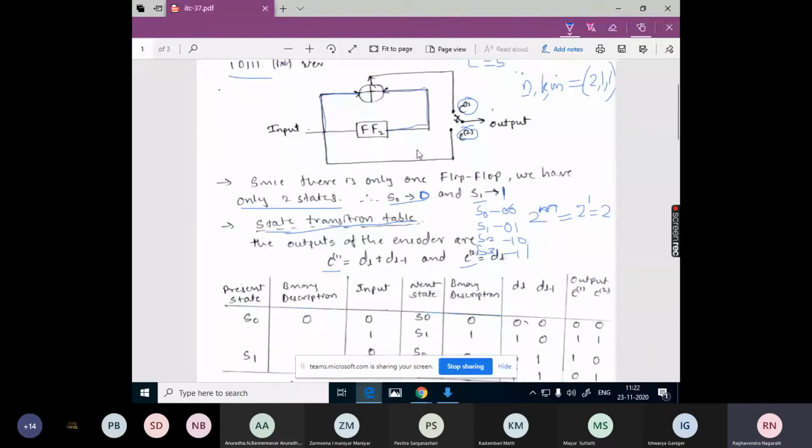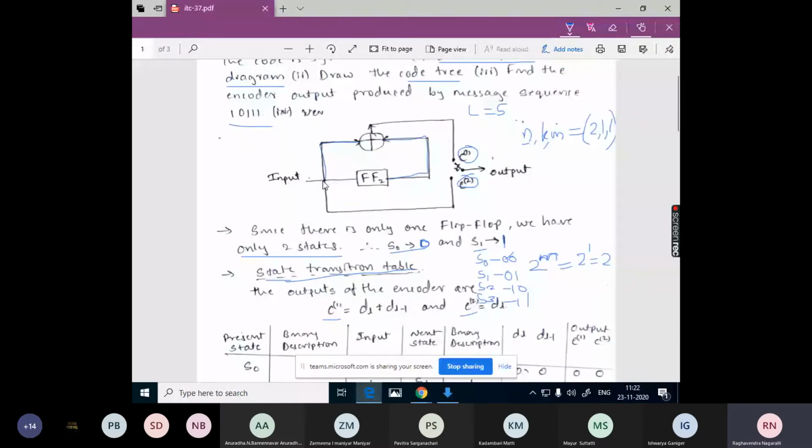Directly we have one input to this modulo-2 adder, and after the first flip-flop, the output of the first flip-flop, since we have only one flip-flop here, is also contributing to this output C1.